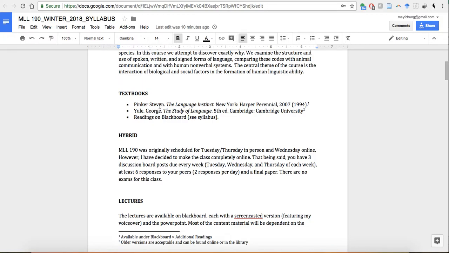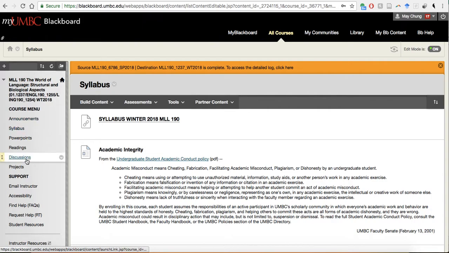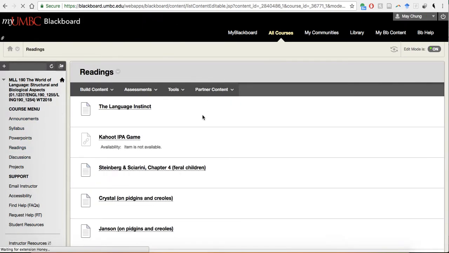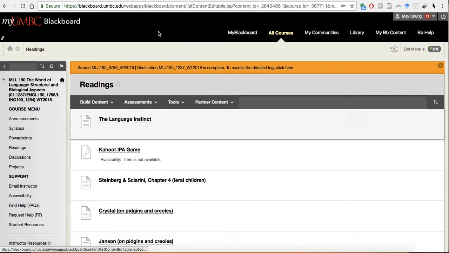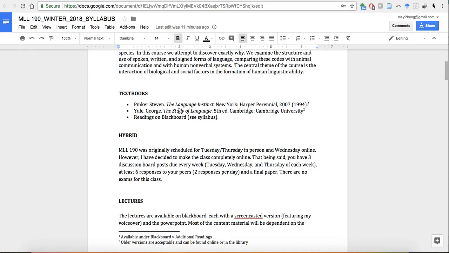As far as the textbooks go, the textbooks should be pretty simple. The Language Instinct, I actually uploaded this on Blackboard. So if you go into Blackboard under additional readings, I think it's just called readings, here should be the Language Instinct. And this is text by Steven Pinker. And then another requirement of the course is George Yule's The Study of Language. So this text you can probably find online if you Google it. However, some of the things might be a little bit outdated, especially with the Pinker text because that was written in 1994, probably before you were born. Let me just edit this. Okay, so